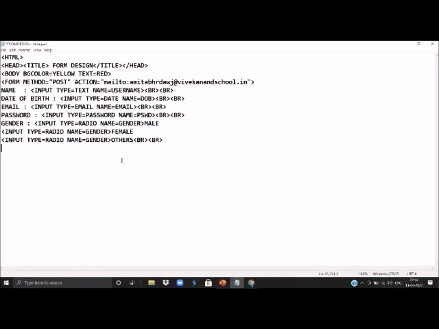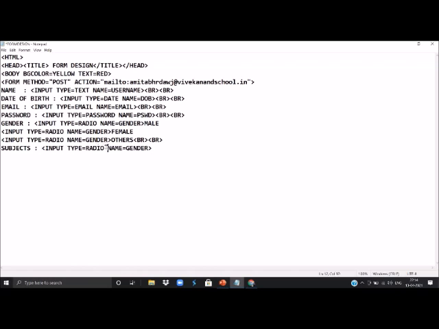Then after that, suppose we want the user to enter the subjects that the user wants to select. When we want the user to select multiple options out of the given options, suppose we are asking the user about his hobbies or the subjects that he wants to opt, or anything in which we can allow the user to select more than one option, then we will use input type as checkbox.